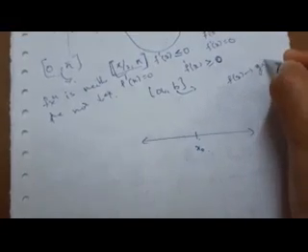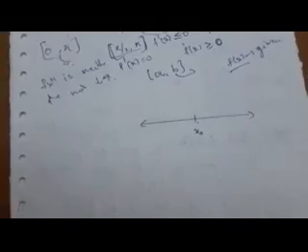Suppose now I consider a point on a number line, say x0. If a question asks us to check whether the function is increasing at the point x0, let f of x be any given function. They are saying we need to check this given function at x0, whether it is an increasing function or a decreasing function. Then how are we going to deal with it?